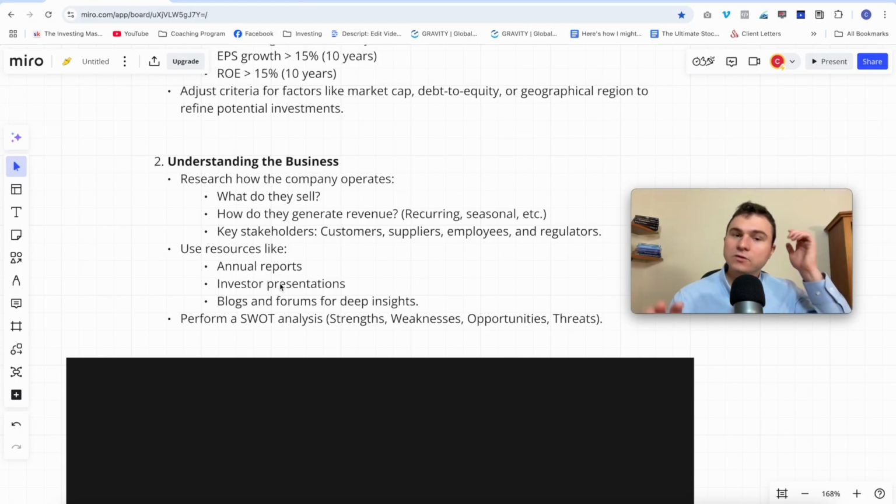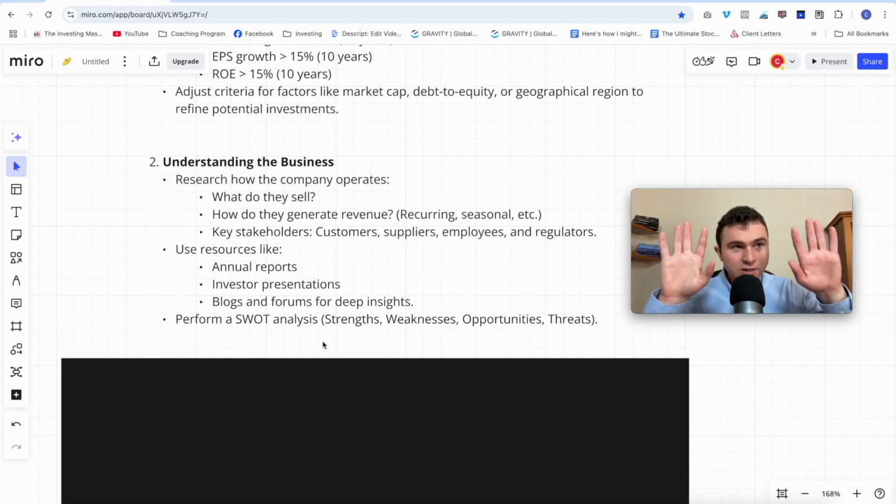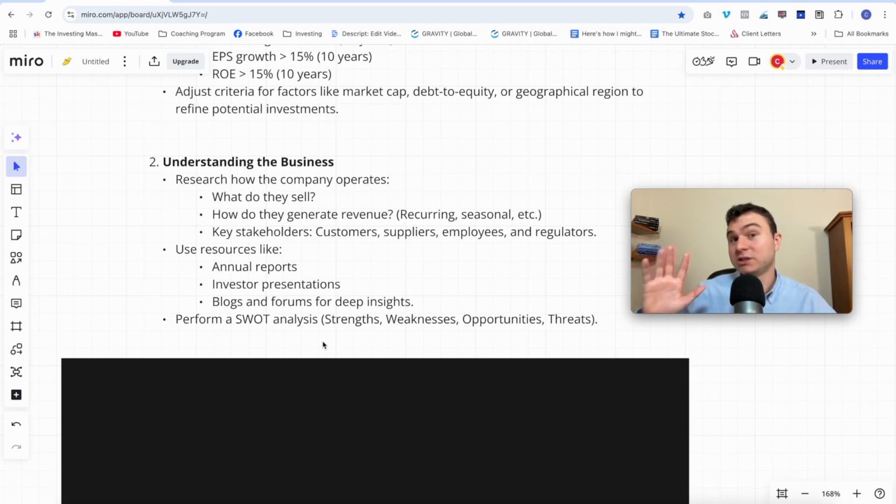Okay, so do a shallow analysis of what they do. Is the revenue growing? Investor presentations. You can finally do a SWOT analysis. I'm personally not a fan of SWOT analysis, but it's good to see the strengths, weaknesses, opportunities, and potential threats to the business. I don't like doing it, but most of the time I'm doing it because this is how you fall into traps. This is how you avoid gray areas. I'm doing it just for the sake of avoiding gray areas, but I don't like doing this one.